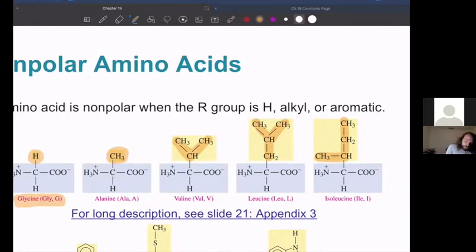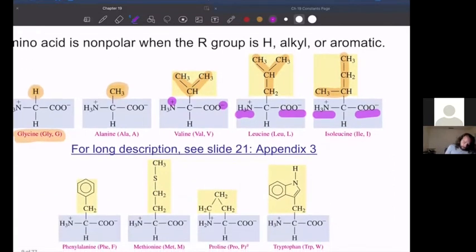And let me just point out that your book is actually much better than my textbook was when I was in school. Really good at making sure to picture these amino acids as actually ammonium carboxylates, right? So with a positively charged nitrogen and a negatively charged oxygen. So this charge here and this charge here are really important to keep in mind. I stressed that earlier.